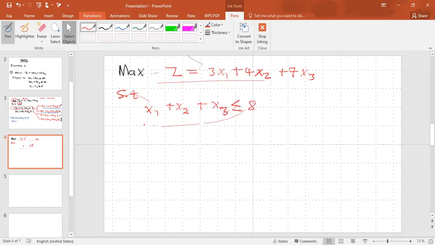Then here number 2: 4x1 minus x2 minus x3 greater than or equal to, let's say... Then we have the third one, which is